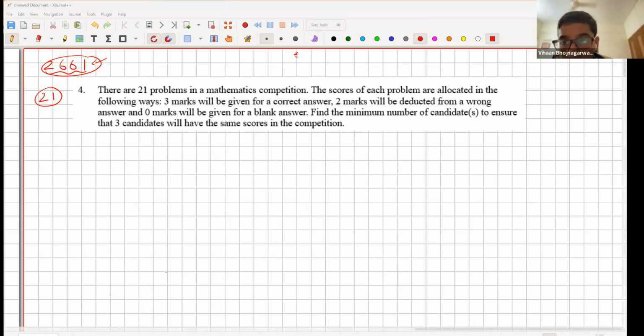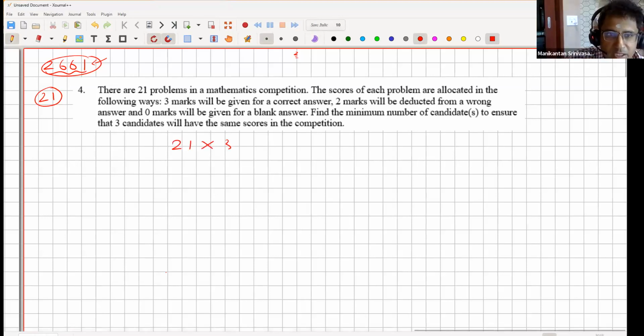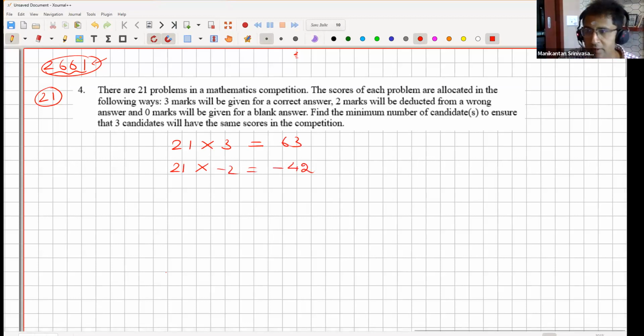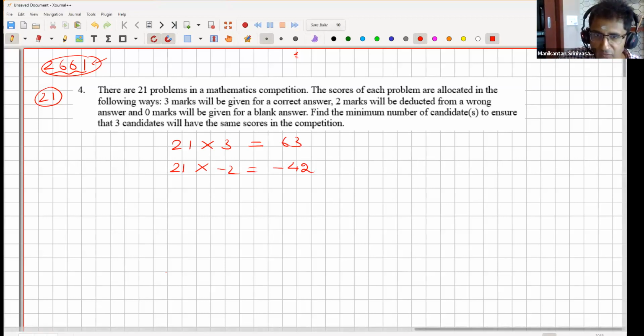Okay, all right. So if there's one super student who gets everything right, what is the maximum score he'll get? 63. Correct? And if there's someone who gets everything wrong, he'll get minus 42. Correct? Now, first of all,